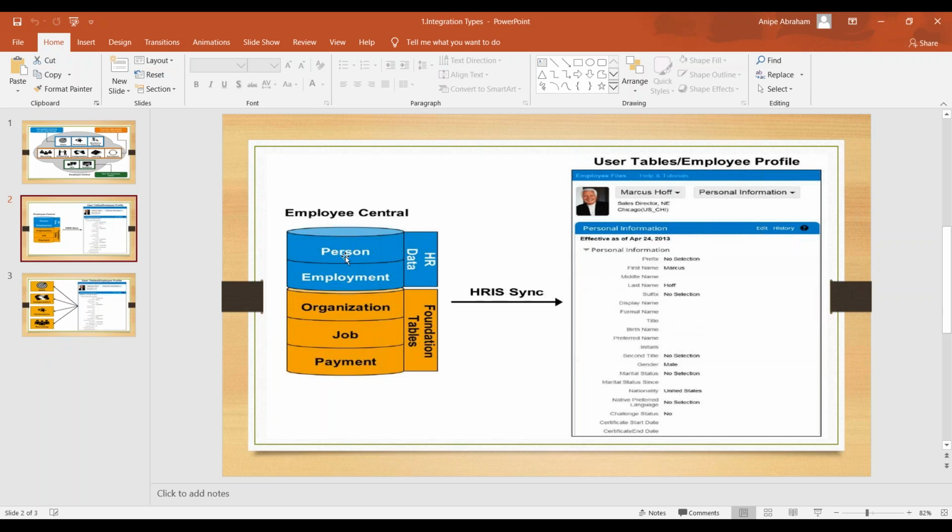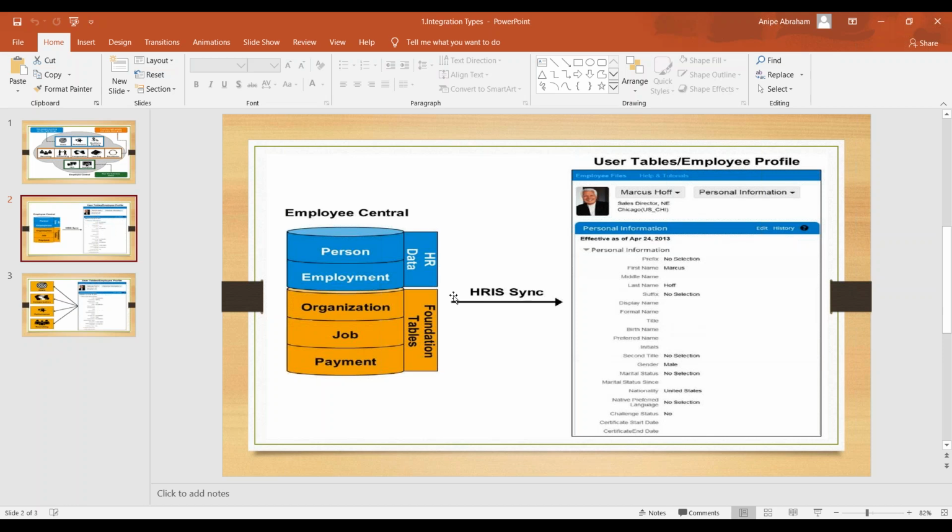In the succession data model, you configure Employee Central in the HRIS element section of the succession data model. The employee profile, you configure through the standard element section of the succession data model.